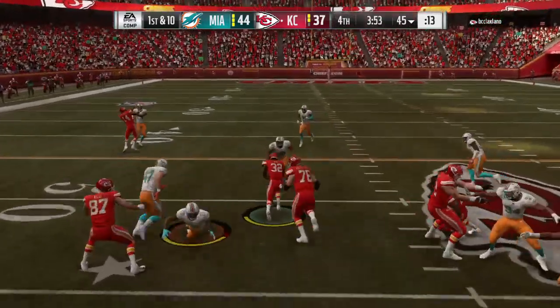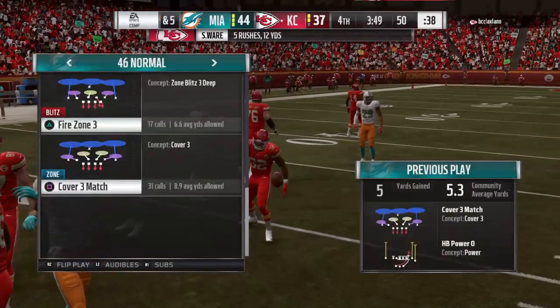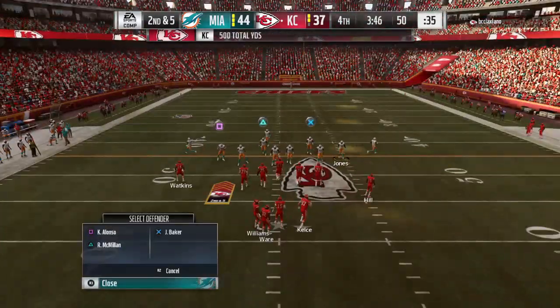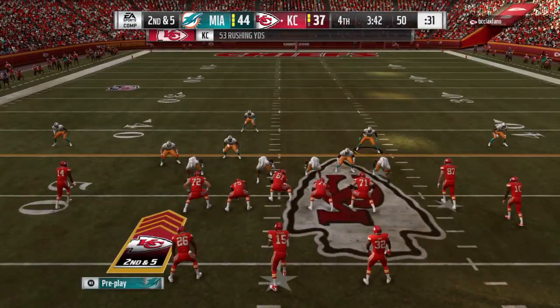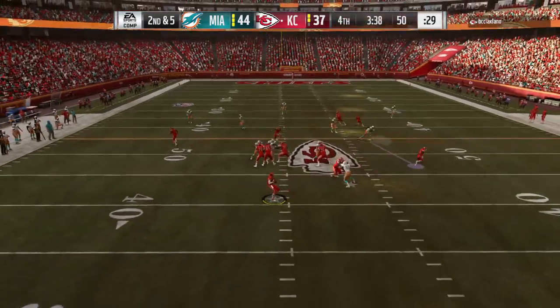They'll run it now out of the gun. And he'll be brought down at the 50 after a gain of about 5. I call that play a success. A nice inside run sets up a very manageable 2nd down. A very solid gain on that play. From midfield, here's